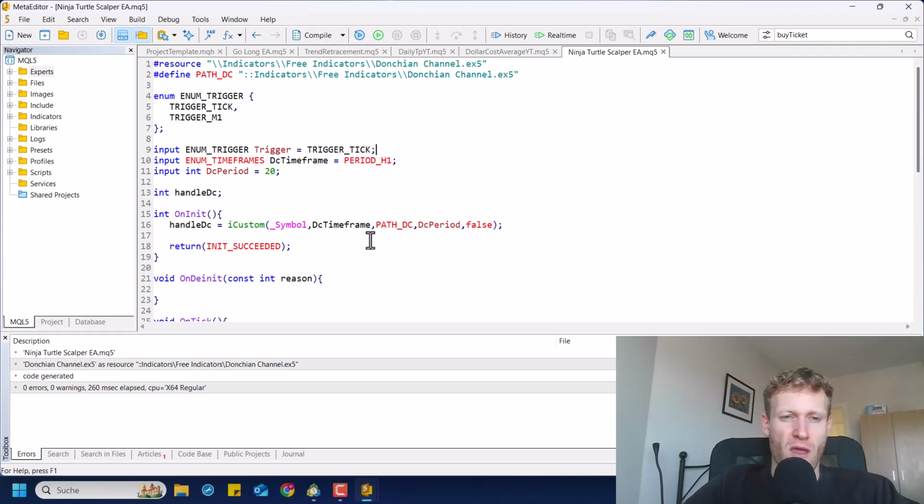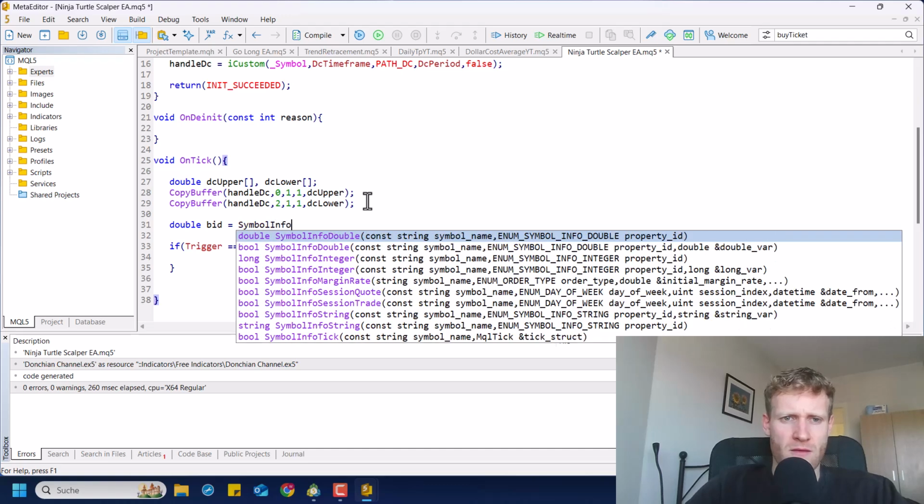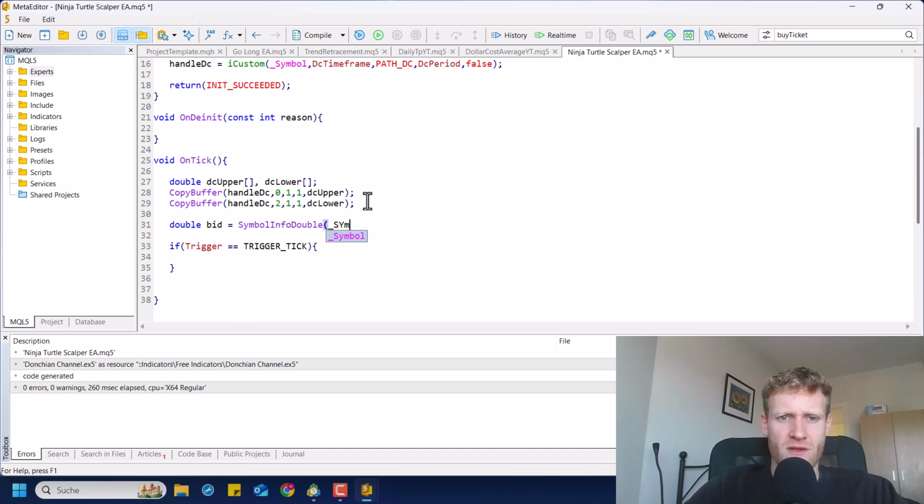And now we have to check here if trigger is equal to trigger tick. In this case, we want to use, let's say, the bid price to check if there was a signal, symbol bid, like this. So here it's super easy. We can just check if bid. Oh, wait, let's just check if